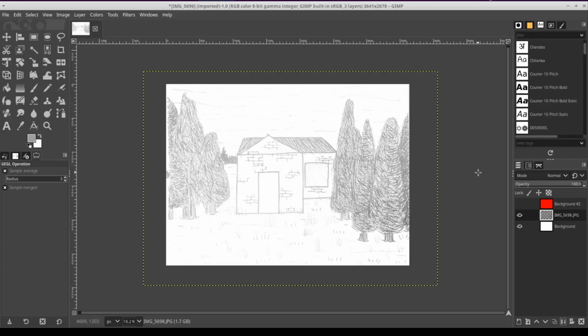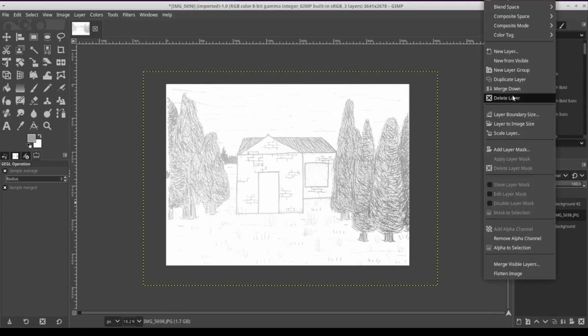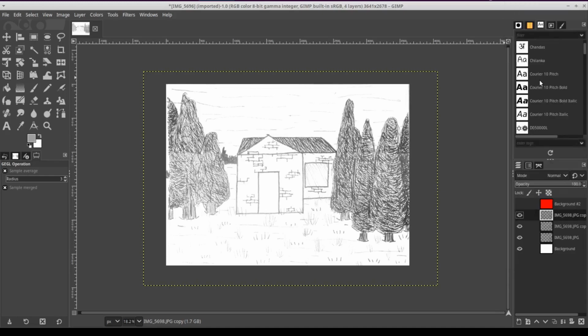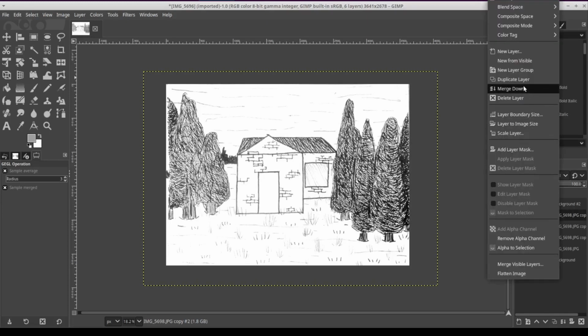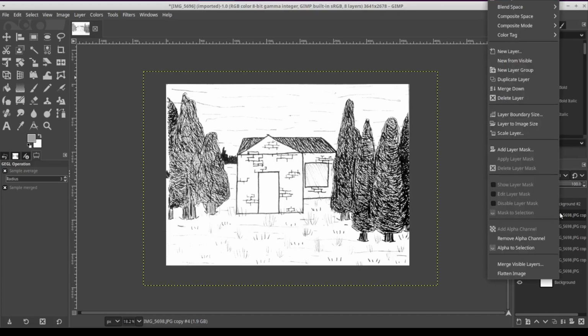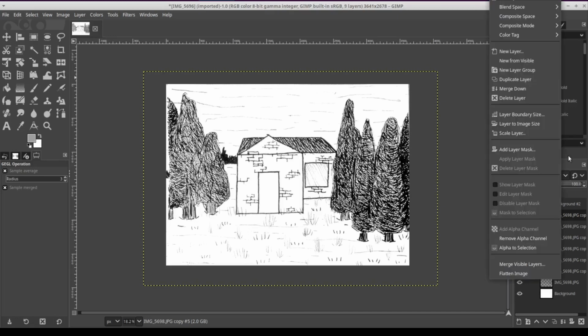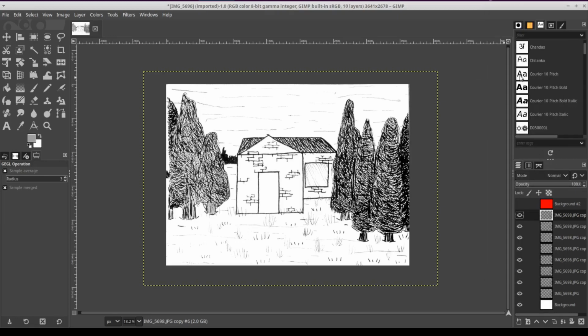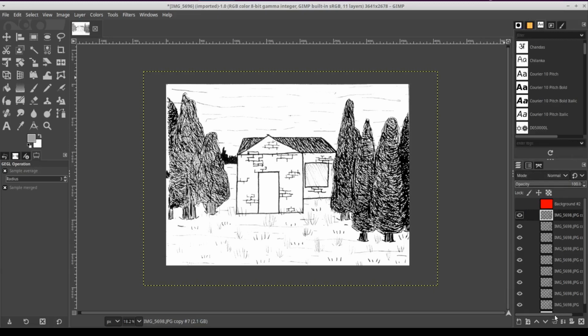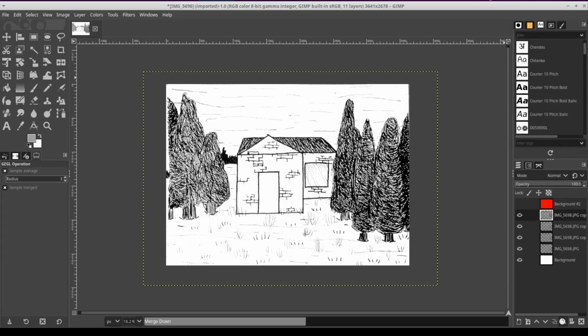And now this looks even worse, but what we're going to do is duplicate the layer several times, as many times as possible, and then combine all of them into a single image.